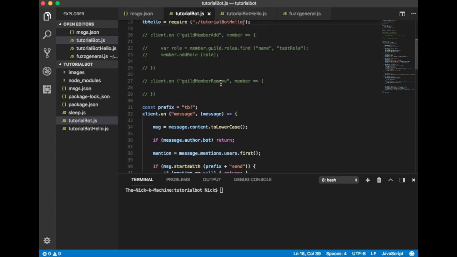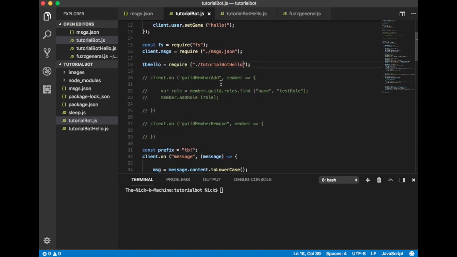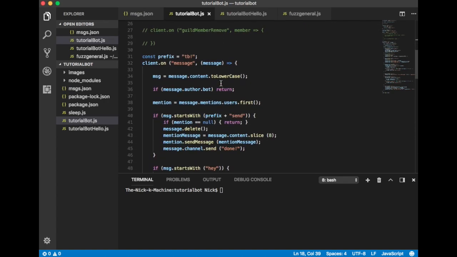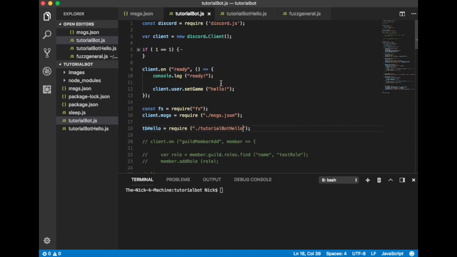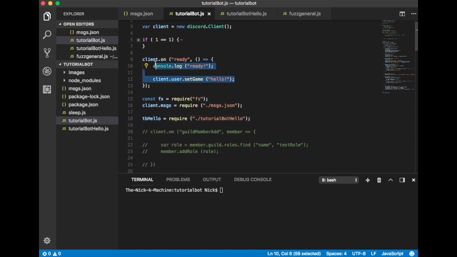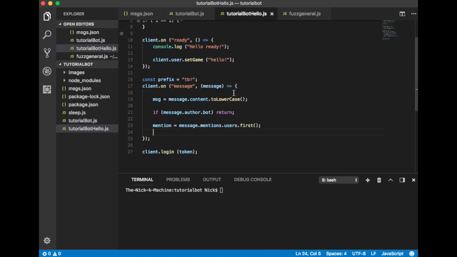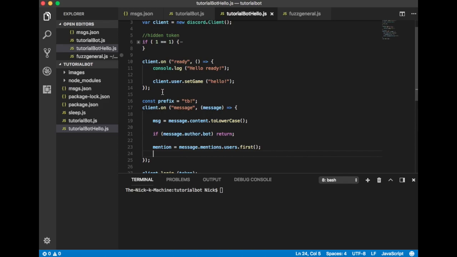It should open it. So now when we run this, what should happen, and these kind of happen at the same time, is that this part of the bot has a different ready statement for when it goes online. So you will have hello ready. So now if we actually run this,